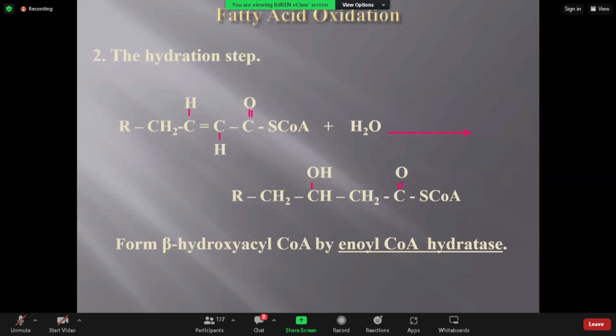So in this step, no amount of ATP is produced. এখানে কোনো প্রকারে আমরা ATP তৈরি হতে কিন্তু দেখছি না।